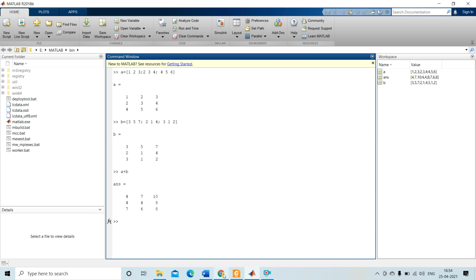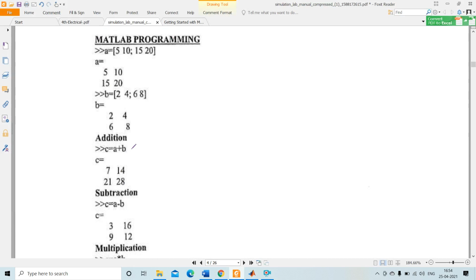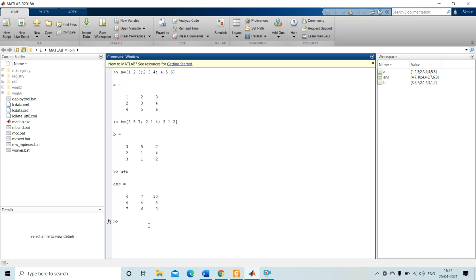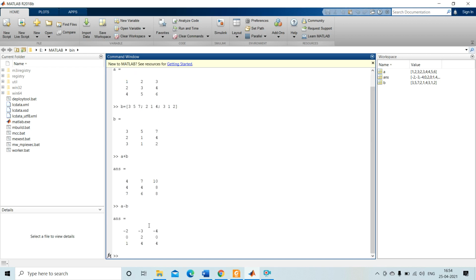Addition is done, then subtraction. Understood clearly? This is 1 plus 3 is 4, 2 plus 5 is 7, 3 plus 7 is 10, then 2 plus 2 is 4, 3 plus 1 is 4, 4 plus 4 is 8, then 4 plus 3 is 7, 5 plus 1 is 6, 6 plus 2 is 8.